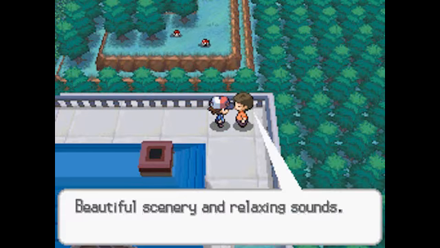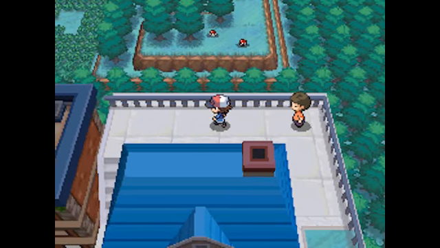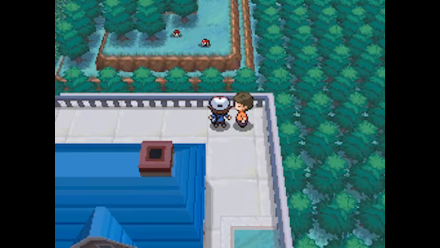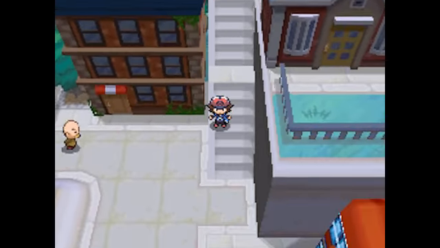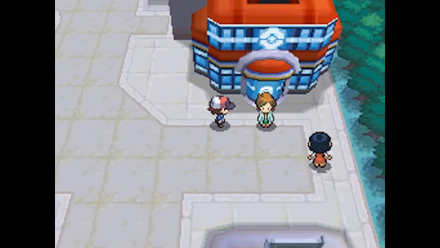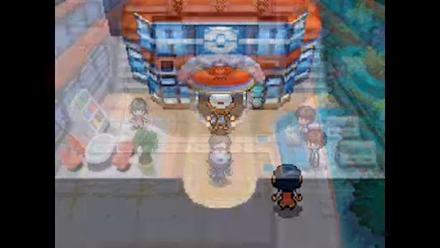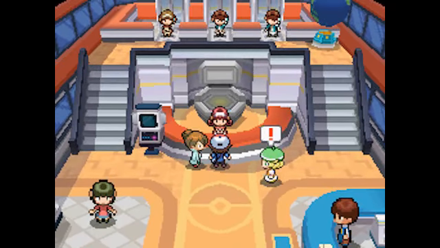Let's see what you have to say. Yes, I do like this place a lot. Awesome scenery. That's Route 2, actually. And another reason why Accumula Town's my favorite town in the game. I love sceneries like this. Even though it's virtual, it's awesome. Let's talk to her, because now we have to do this to progress the plot. Not progress the plot, just to make more events happen, I guess. Because we're not really affecting the plot at all, so...